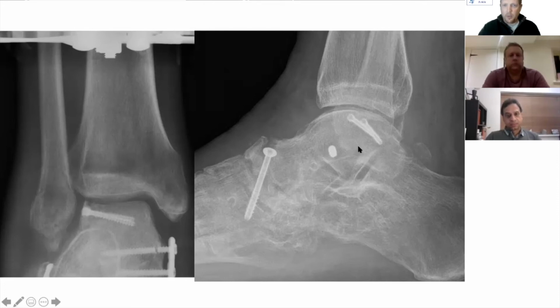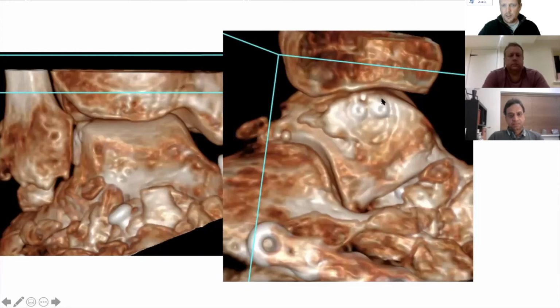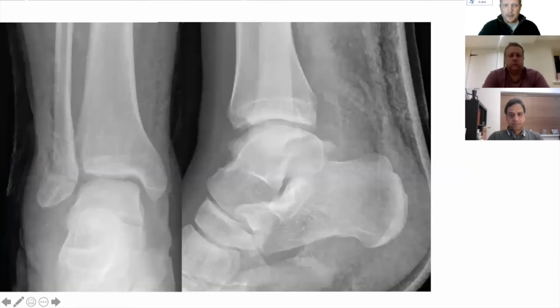But he's done very well in regards to this bit he could fix back. And the screws, you can see, that was underneath the fibula, which is very difficult to get to unless you're doing a fibular osteotomy. And I've had this case recently where you can see the large osteochondral injury, and it's actually sitting here